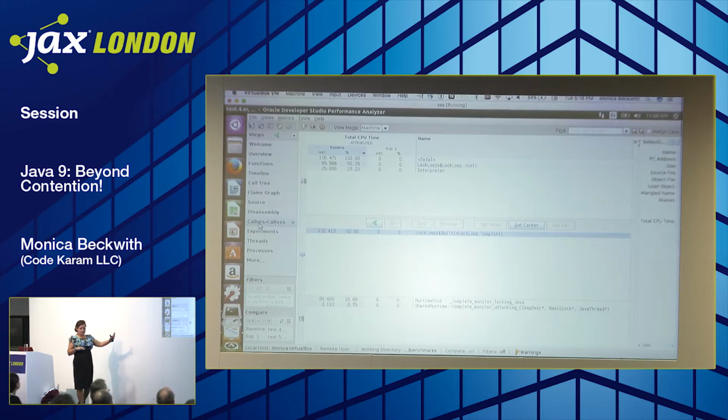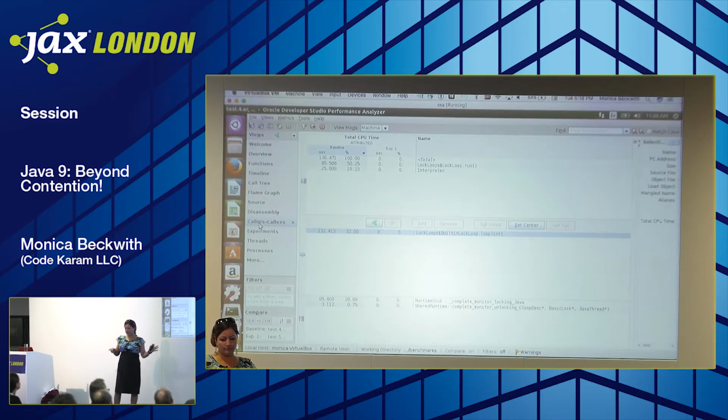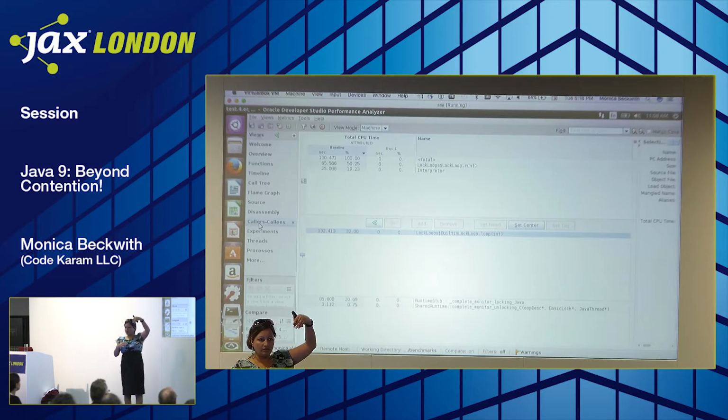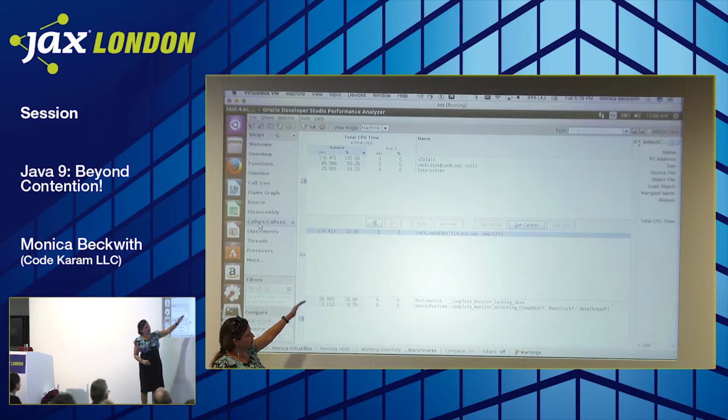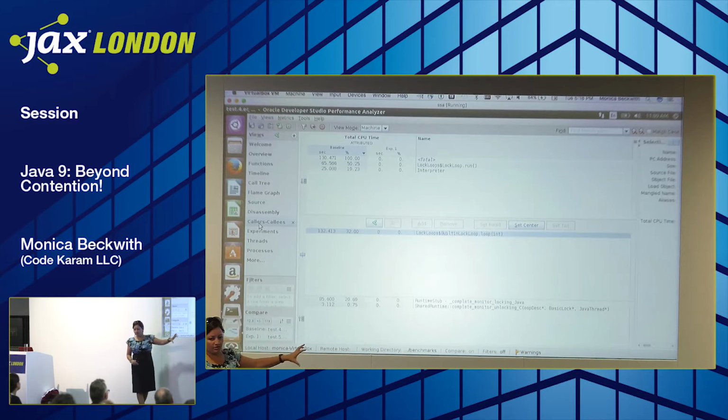So what does this mean? When we are talking about lock loops, which is one of the methods, who is calling lock loops? Those callers will be on top. Then you have your main method of interest. And then you have anything it calls. Like I said, method A is calling methods B and C, and then those two are called by method A. So callers and callees, that's what it shows.